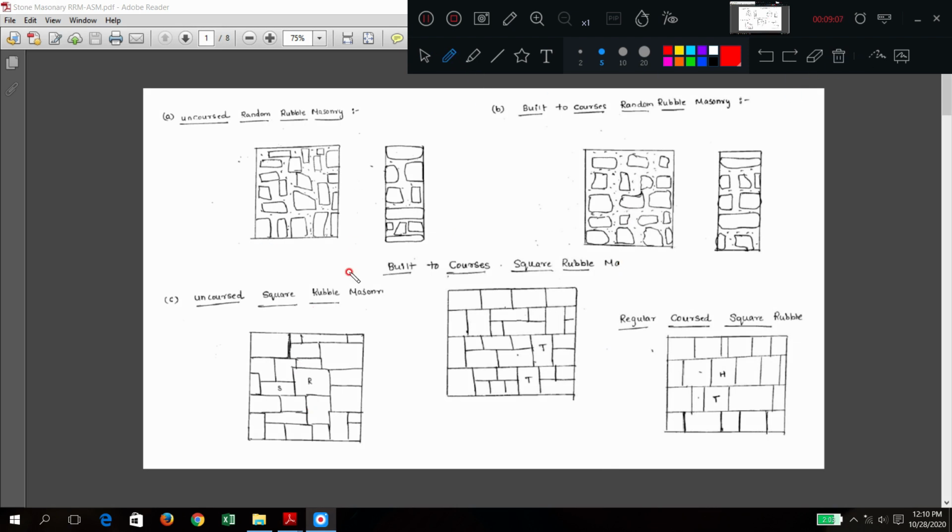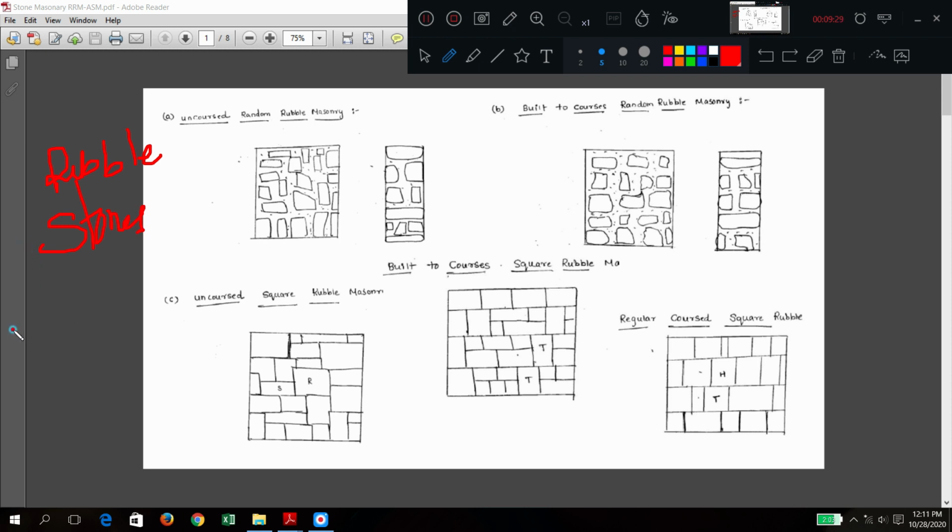We are going to study in detail, but in this diagram, all these five types and two more types in the next slide are all rubble stone classification.